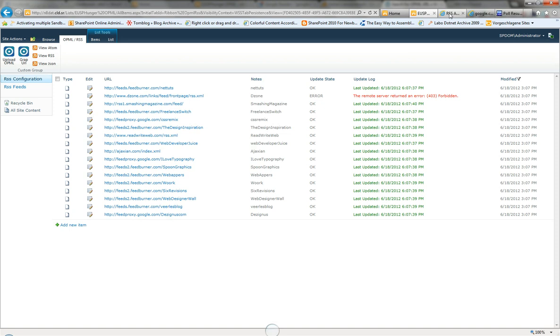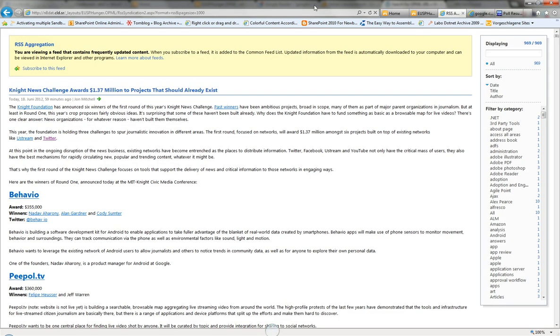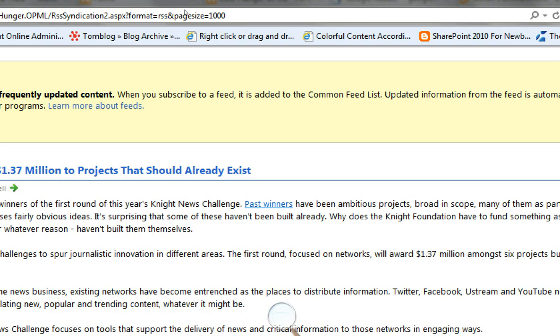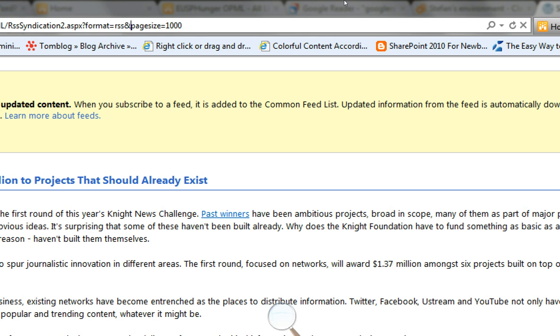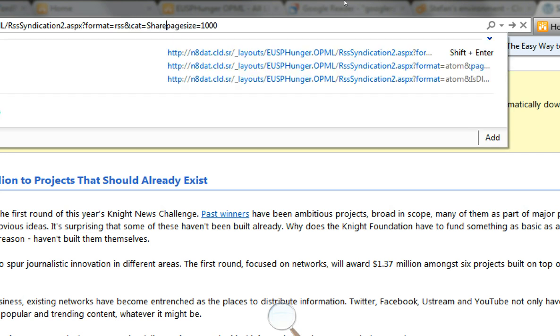Another thing that I want to show you is a complete list of the RSS aggregation. You see here, this is the feed presentation, and I have 996 elements in my aggregation, and this also supports filtering for specific topics. For example, if I put in here in the URL cat SharePoint with a page size of 1000 entries,